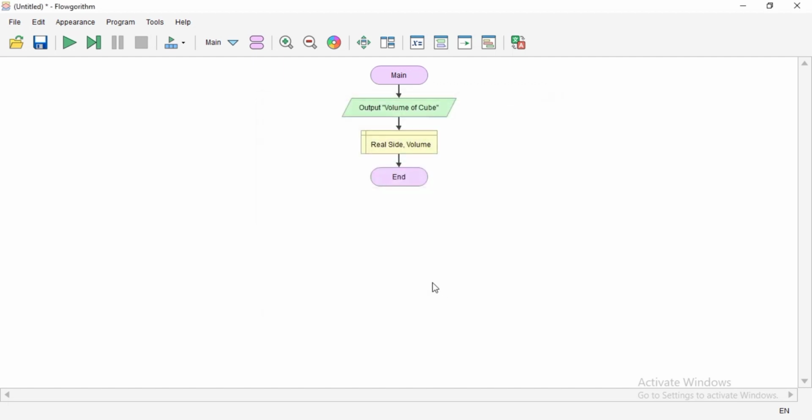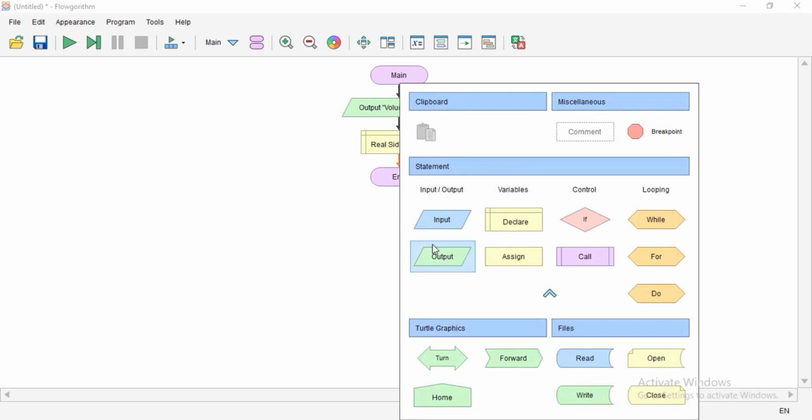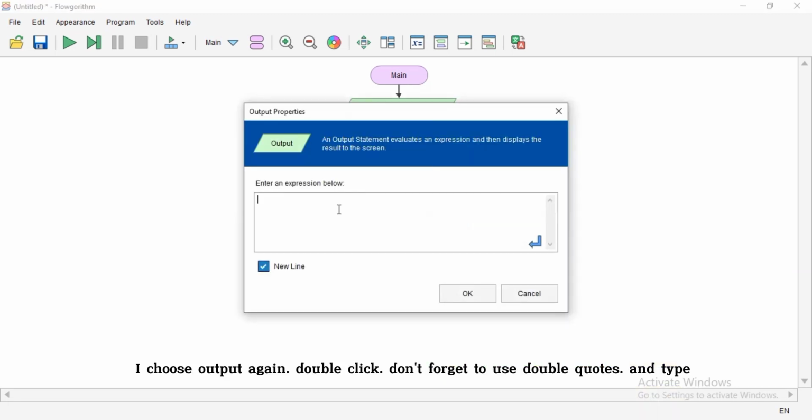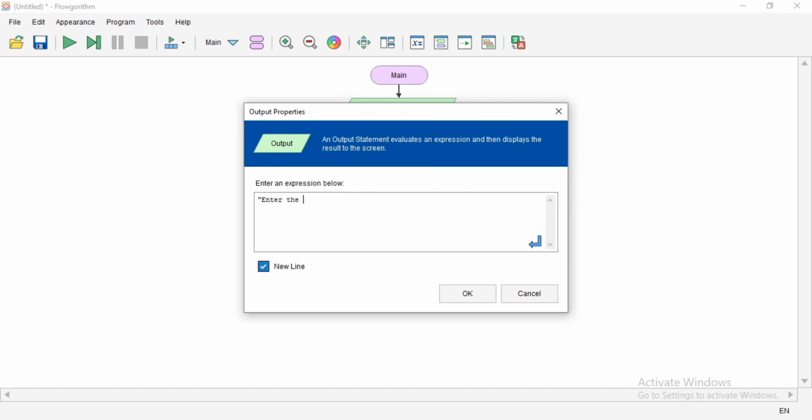Okay. I choose output again. Double-click. Don't forget the double quotes. And type "Enter the length of Side".